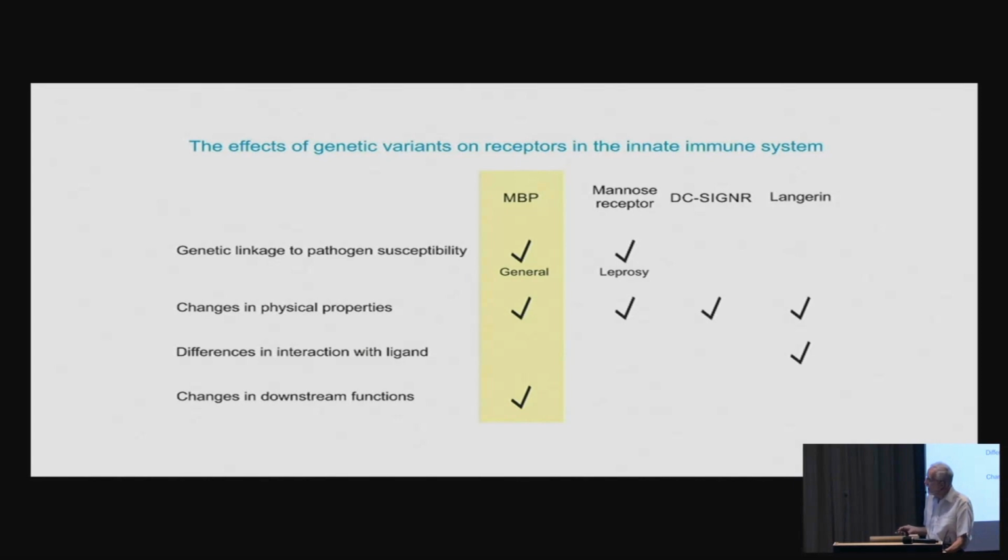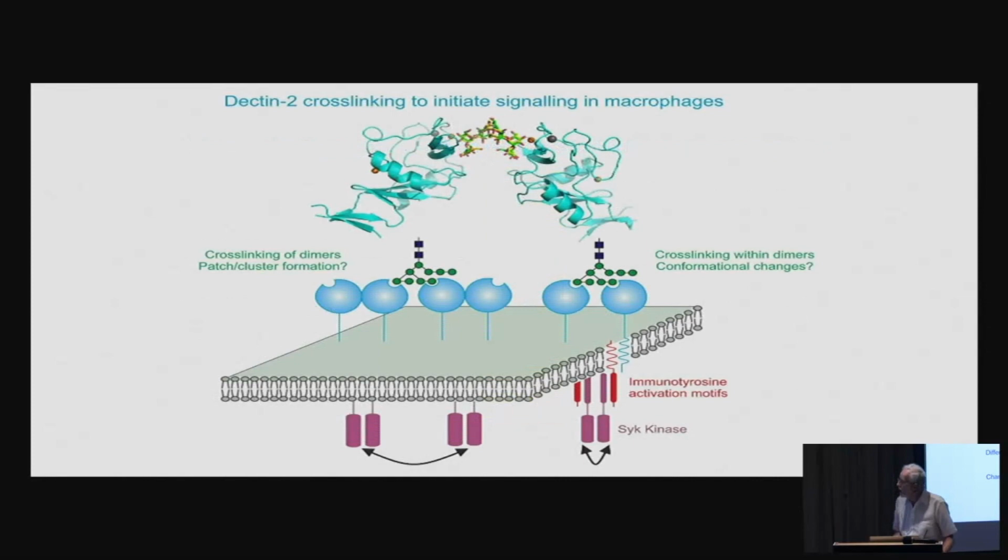In this case, they can cause differences in which ligands are interacted with. So we're hoping that this table will grow and we'll be able to map out additional functions through all those different steps. And the final thing then to say is